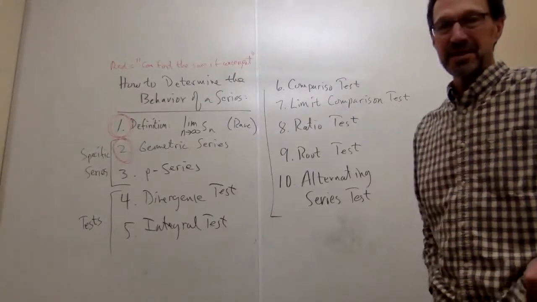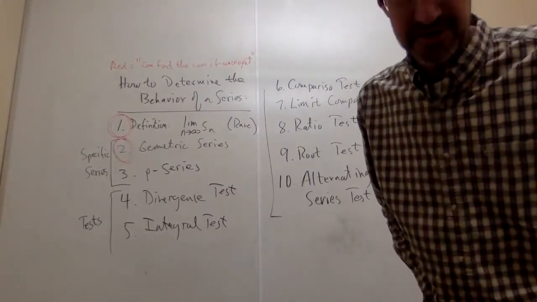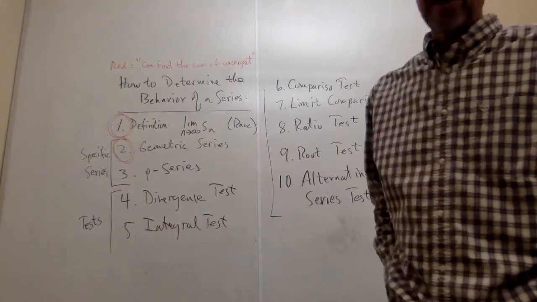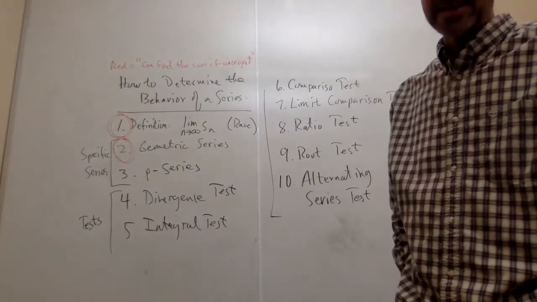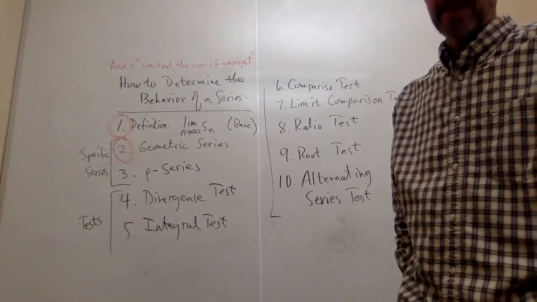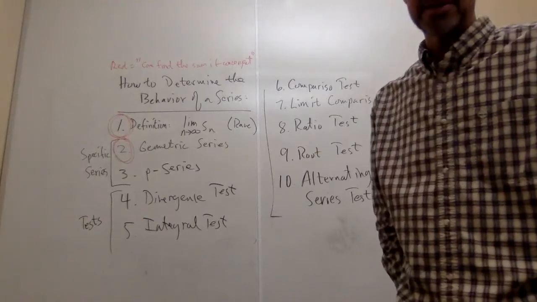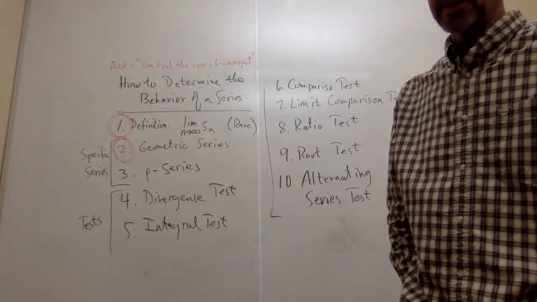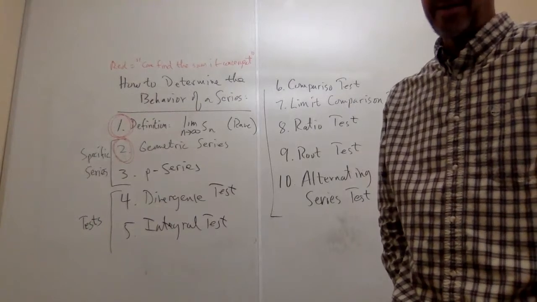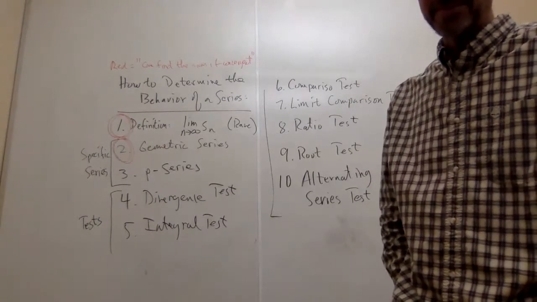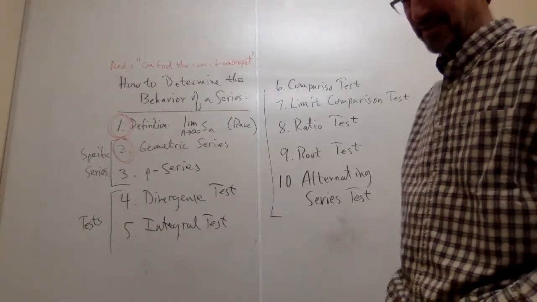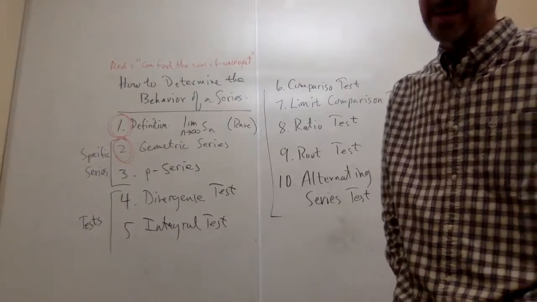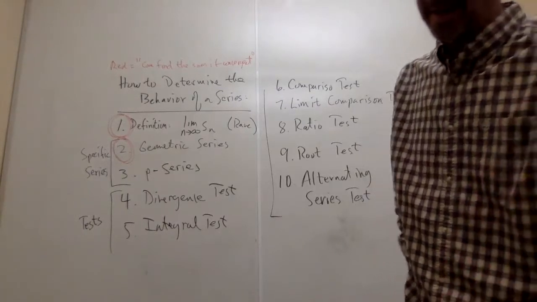Basically, you can see we have discovered 10 different ways we can analyze a series. Most of those are tests. 3 of them are not. I'll talk about those in just a minute. And when I say analyze a series, we want to know, does it converge or does it diverge? If it converges, we might wonder what value does it converge to. Sometimes we can decide that. Most of the time we can't. We'll do better at that in the next chapter.